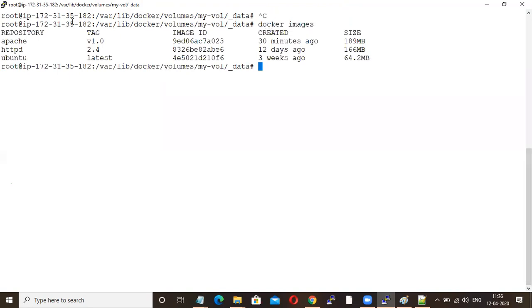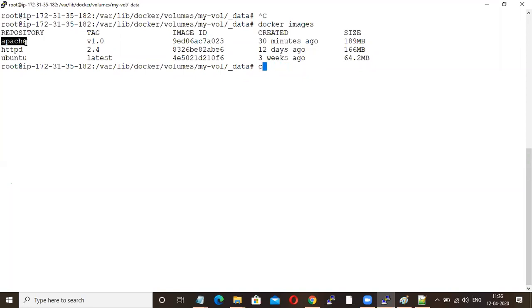Now I'm just going to push this Apache image to my Docker Hub. Everyone knows what Docker Hub is. Docker Hub is a central repository where you can find public images as well as store your private images. I told you in the last session itself.